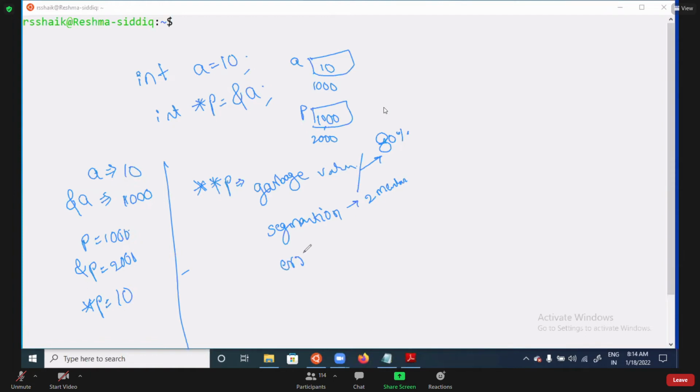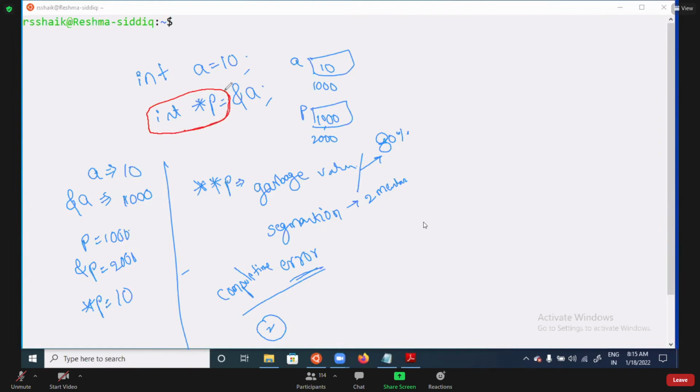Error. Which error? Runtime error or compile time error? Compile time. Okay. So two students gave compile time error. All of you please try to analyze the concept. Try to analyze, all of you. This is what? A single pointer, right?